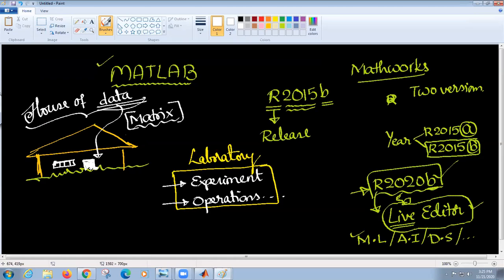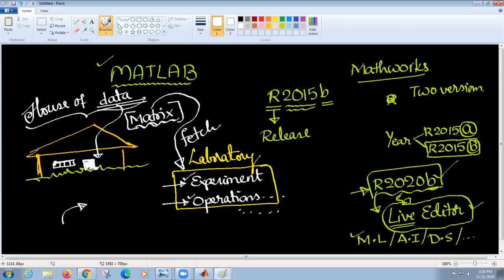Now I require some data to process it, to extract information from it, to experiment with it, to operate on it. So for that I require data, and that data I will put in the form of a matrix. Now what MATLAB does is that MATLAB will fetch the data from the matrix, and then it starts experimenting with it, operating over it, and so on. So that's the intention, okay? Whatever you take in MATLAB, whatever you try to input in MATLAB, by default, MATLAB will take it as an array or a matrix. So that's the intention of the name MATLAB.